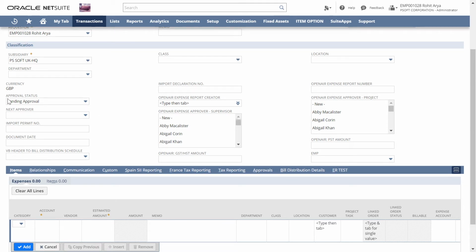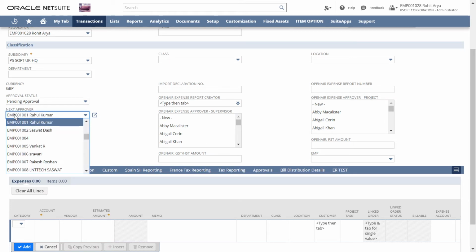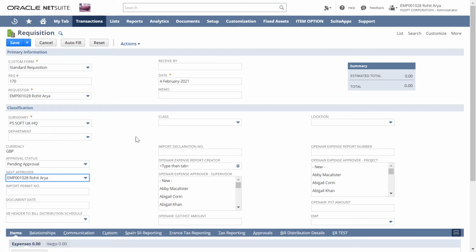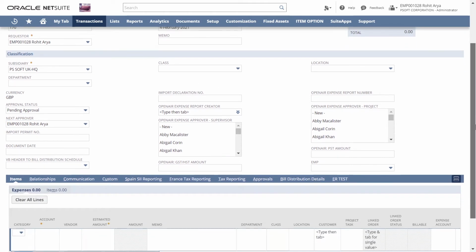Under the currency, you can see the approval status is showing pending approval. If you do not have the administration authority, the pending approval cannot be changed. So we will be keeping it like this and we will hover to the next approver who will be approving the purchase request which we will be creating now. So now from the drop down list, we are going to select the employee who is going to further approve the purchase requisition. Now we have given the name of the approver as well.